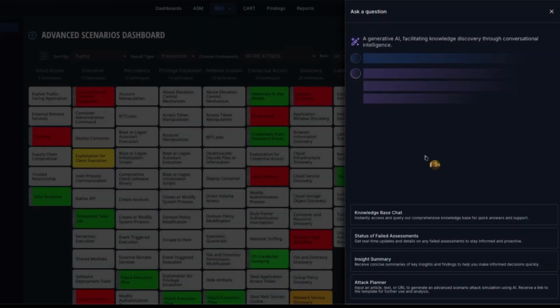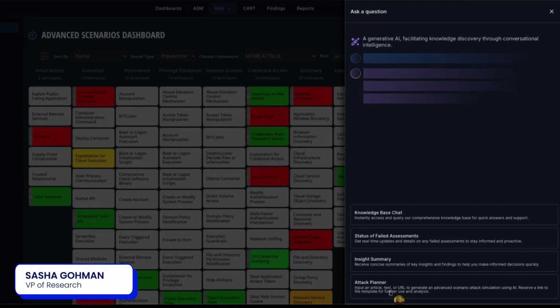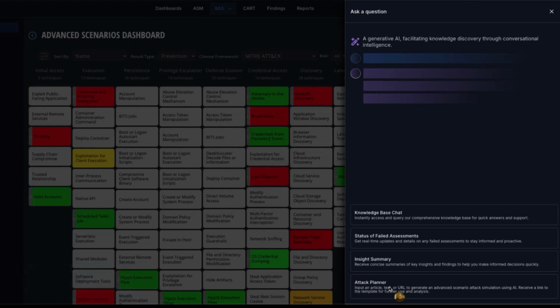We want to present to you guys a new feature that Simulate has called the Attack Planner. Basically, it gives you the ability to input an article, text, or URL and generate a full advanced scenario template. This template consists of single-tone bash executions that represent what was written in the text that you gave or in the article. And we also have a very nice feature which gives you the ability to create chained executions,